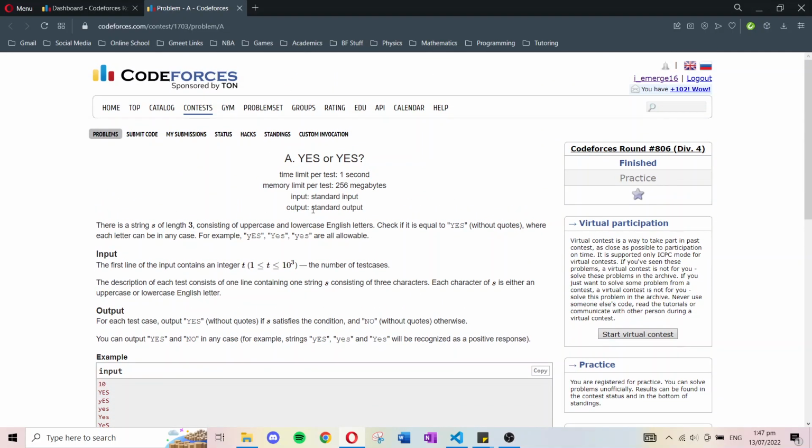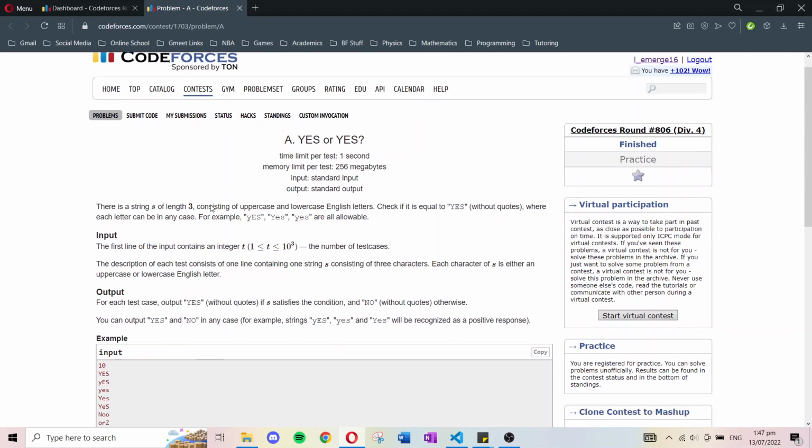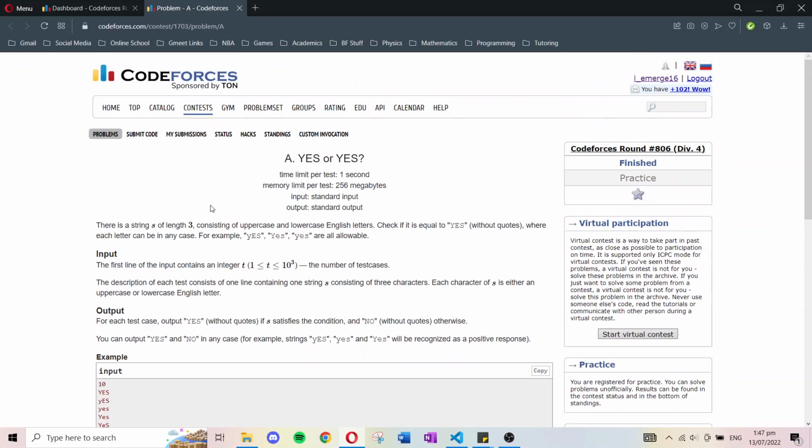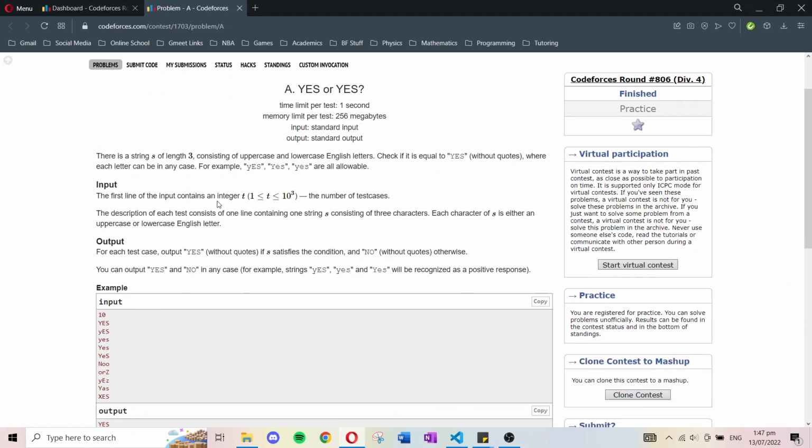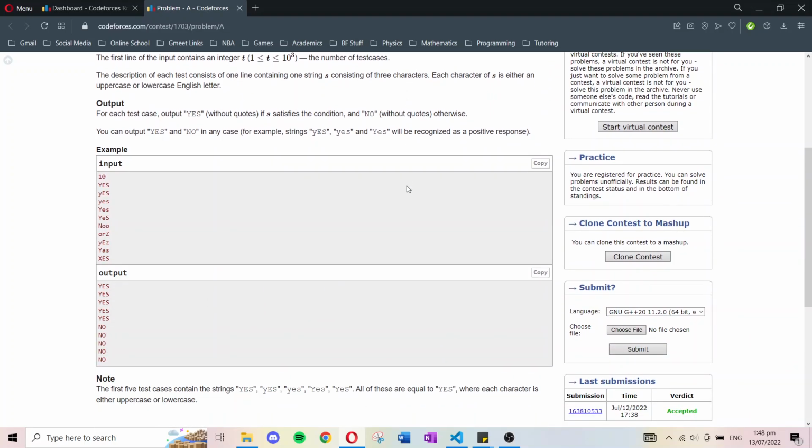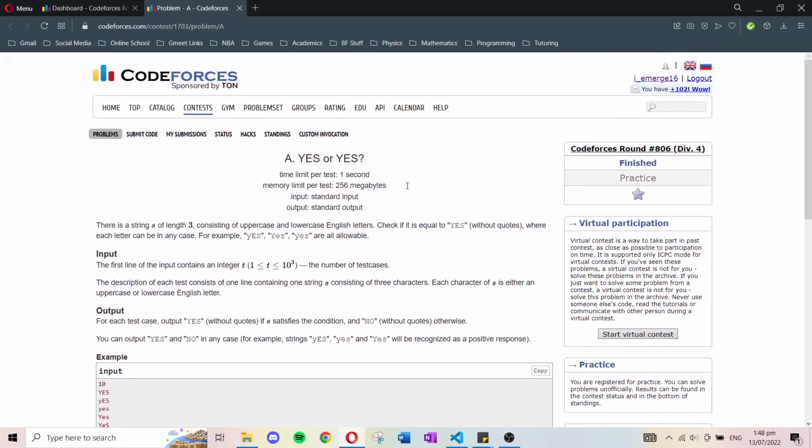Alright, so for the first problem, you're given a string of length 3 and you want to check if it is equal to yes. Basically, capitalization doesn't matter. So for example, this yes and this yes and this yes are allowed. In fact, there are, I think, 8 versions of yes that can be accepted, but it's all about implementing